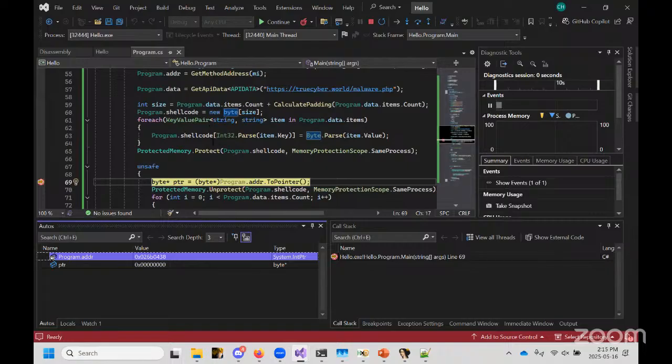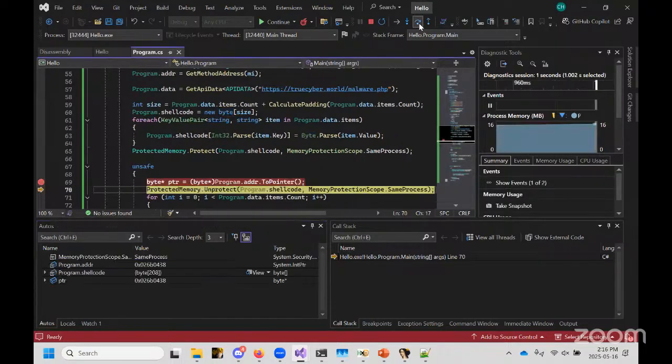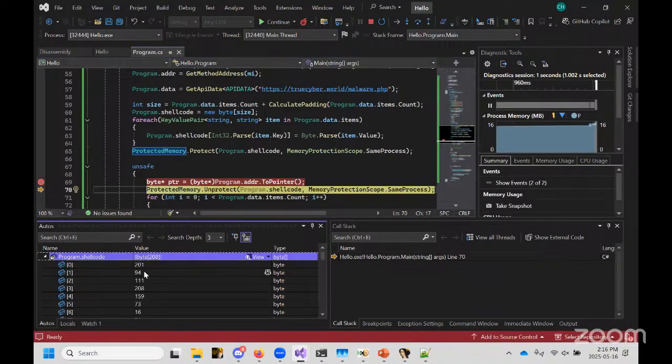So you can inspect what's in there and see if there is any kind of issue. In this case, as you can see, we have the program shellcode, we have all the bytes, so we can actually confirm that these are the proper ones. By looking at it, it's probably making sense. Then it's going to be